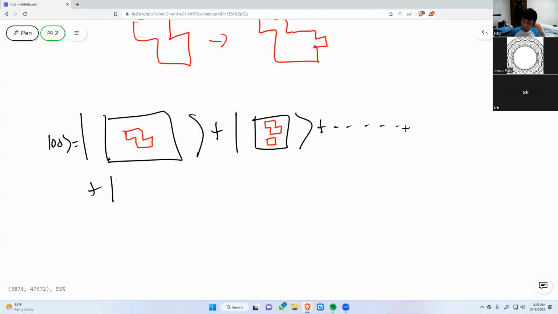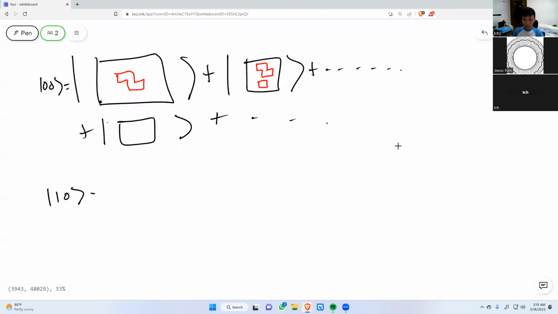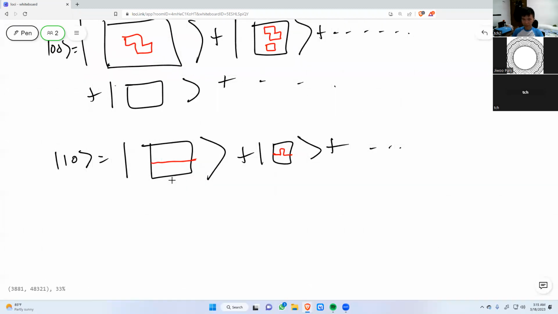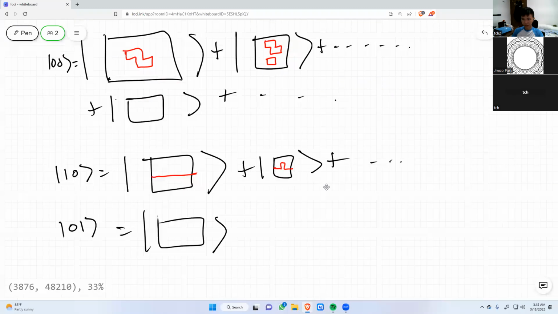For example, you can have the ket 1, 0, which you can write as the sum of all the curves that are homologous to the non-trivial homology curve going across the torus. And then the 0, 1 would be the other direction. And then 1, 1 would be